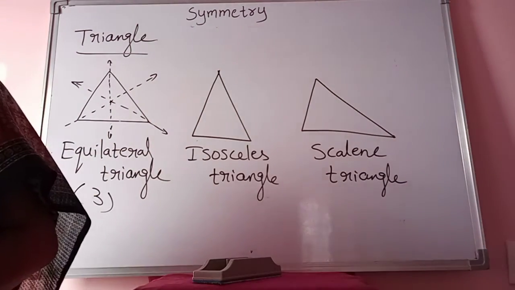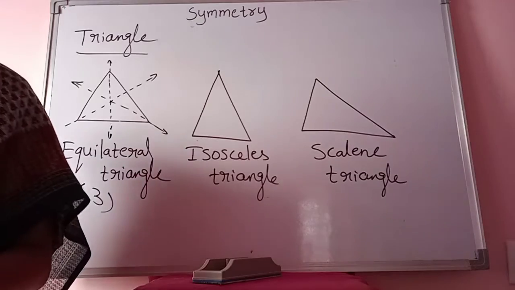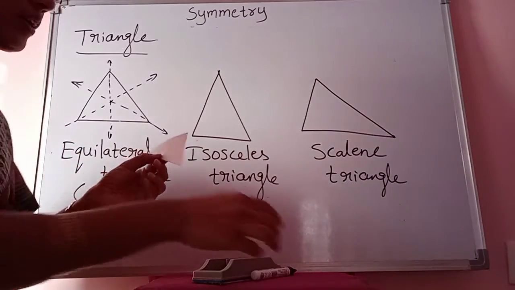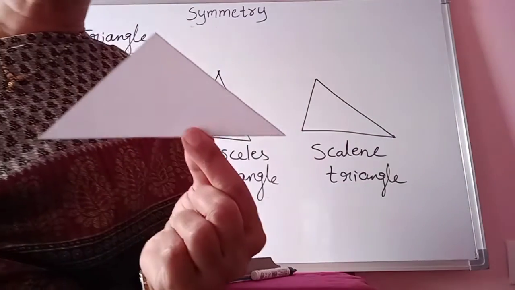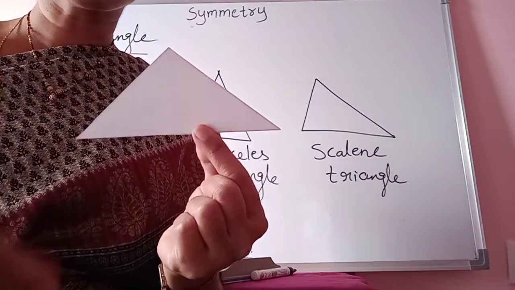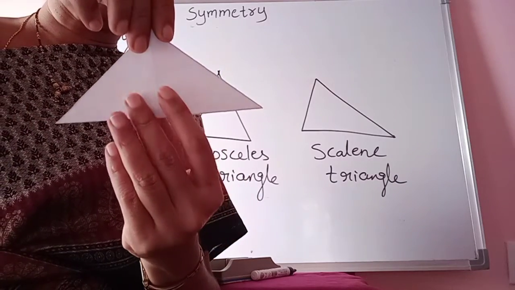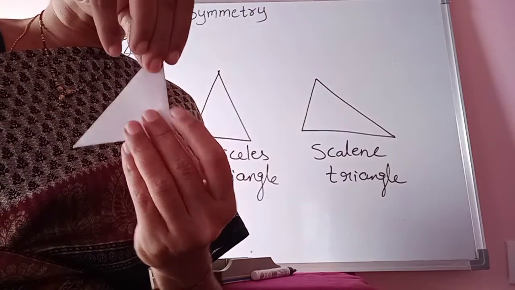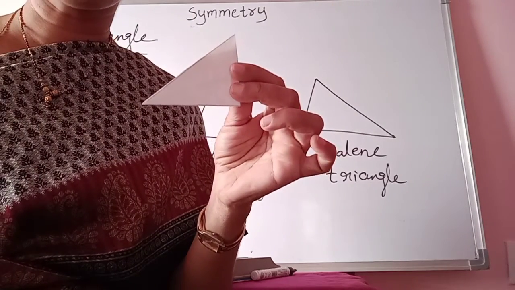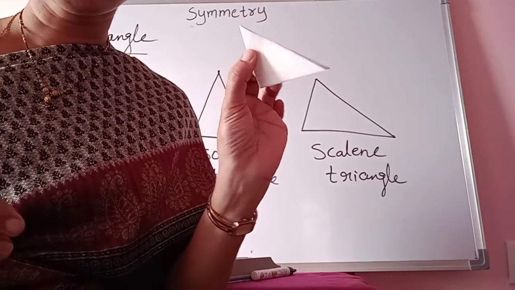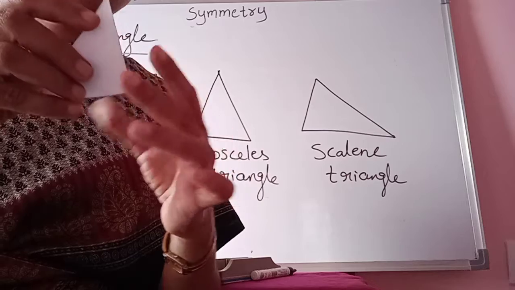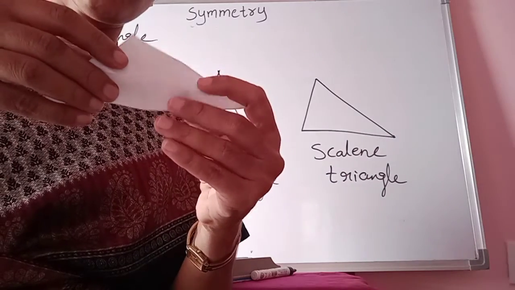Now in case of isosceles triangle, observe here, this triangle is isosceles triangle. These two sides are equal in length. Now I am folding vertically, same like the previous one. Yes, both the parts match each other. Yes or no? Yes. Now diagonally, if I fold like this,